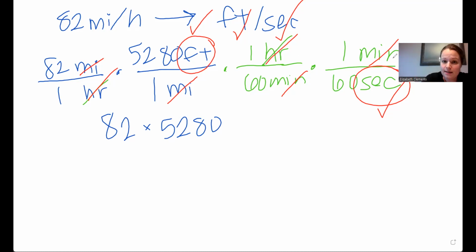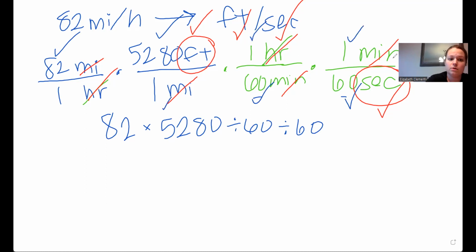But I do have these in the denominator. So I'm going to divide by 60 and then divide by another 60. So we need to make sure that we've done everything. I have my 82, 5,280, my 60, and all the rest of them are 1s, and the 1s don't matter because they're not going to change anything when we multiply or divide. So this I'm going to put in my calculator just like that. When you put it in your calculator, you should get